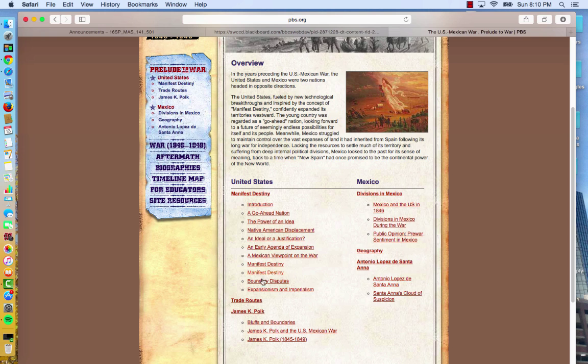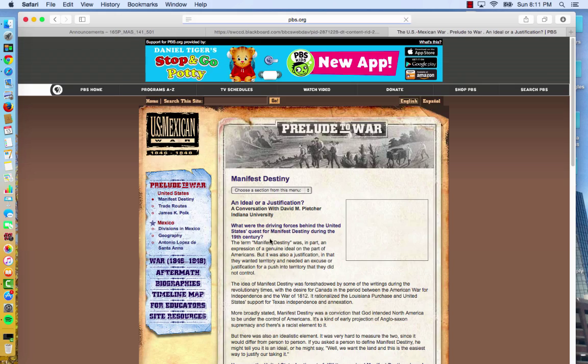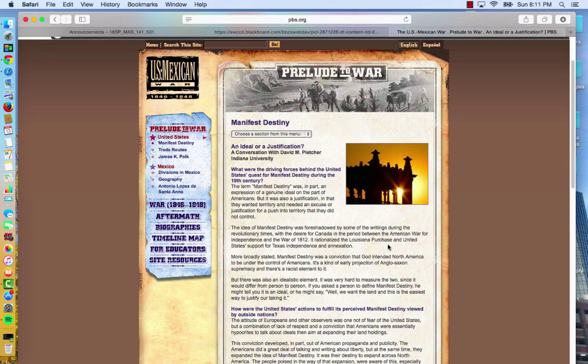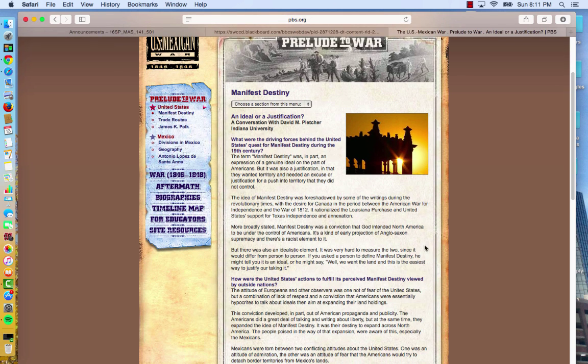So from all of these choices here, choose one of these articles and give both a summary and a commentary on that article. So in your opening paragraph, which I talked about a few minutes ago, you gave me the panorama of what you want to do in the entirety of your paper. Then in your second paragraph, give me a summary about the article. So in other words, let's see if anyone wants to work on this article called An Idea or a Justification. And this is a great article written by David M. Pletcher, who used to be at Indiana University. So in your second paragraph, the thing you want to do is to summarize the main points that Pletcher is talking about. What are the things that he's talking about here?